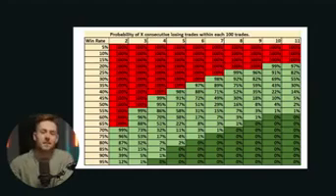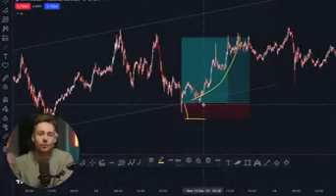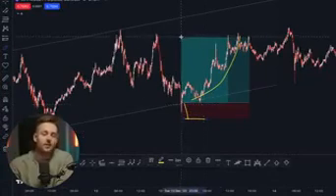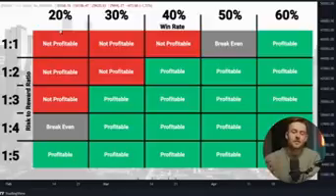All right, because then it simply comes down to a combination of win rate and the risk factors on your trade. So when I say risk factors, if we consider your risk, which is in this case $50, one risk factor, if this moves up by 3x your risk, that is 3 risk factors. We make $150 on this trade, because then it just comes down to different combinations of your winning percentage, or the amount of times that you are right versus those risk factors that you're making. And you can see, even if you're only right 30% of the time, if you have a 1 to 3 risk reward where you're risking $50 to make $150, you can still come out of that profitable.